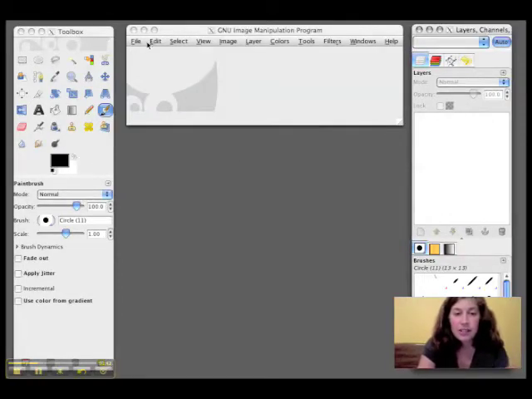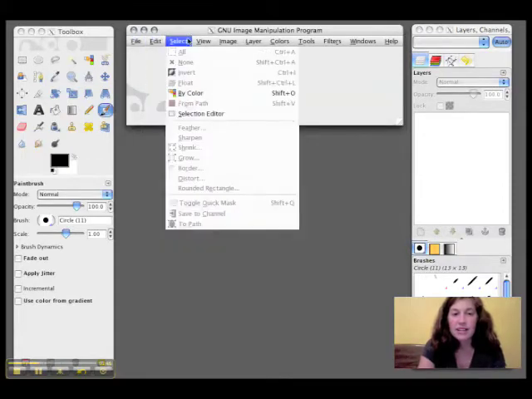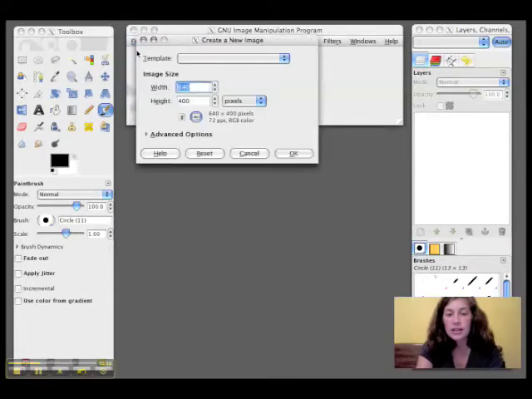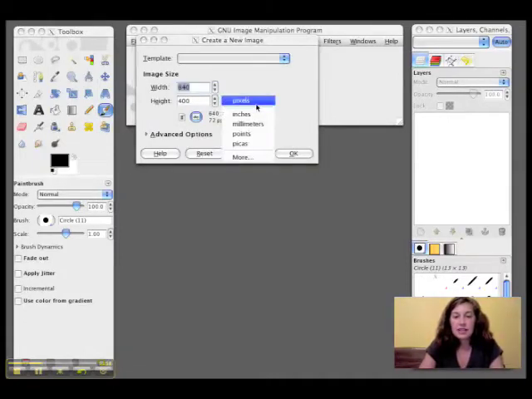To start a new project, you'll see the middle toolbar. It has File, Edit, Select, and so on. If you go to File, New, it shows you how you can start your project. And you'll see that there are all different things there that say inches, pixels, and it might seem a little strange seeing different measurements, but